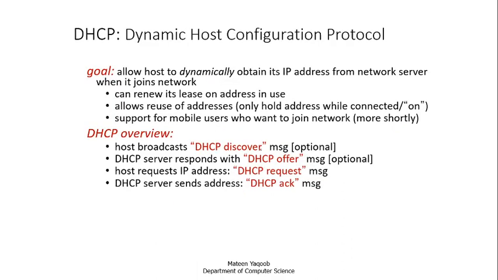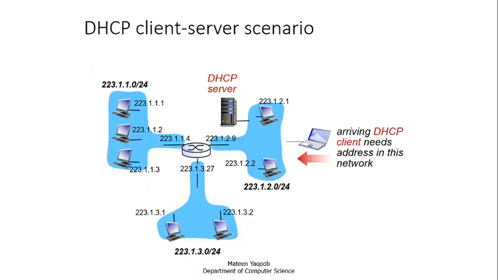So the first two steps, the DHCP discover and DHCP offer, are basically for discovery, and here the arriving client will say, any available DHCP server here? So it will broadcast the DHCP discover message. The reply will come from the relevant DHCP server that yes, I am available. That means the reply will be in the form of a DHCP offer.